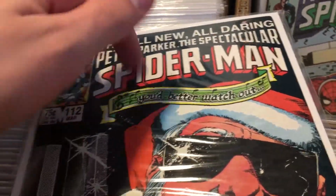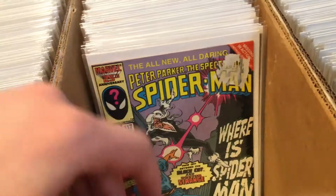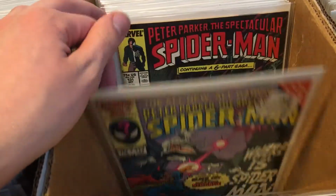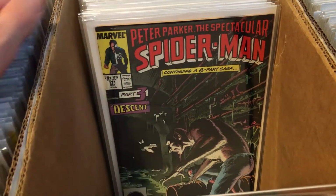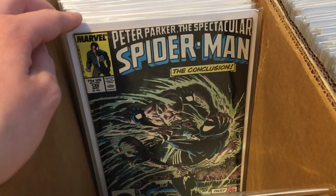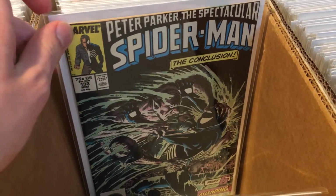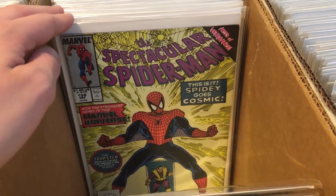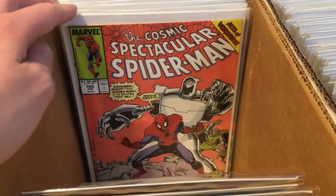112. So I have these for having changed their bags. Most issues I have, but this I have had in the same bag for like 2 years now, so it's kind of weighty. 114, that's a cover. 117, and 131, part 3 of Kraven's Last Hunt, which is one of my favorite Spider-Man stories of all time. And then part 6, the conclusion of Kraven's Last Hunt, where Peter takes down Vermin. An awesome issue. 158, Cosmic Spider-Man. 159, cool cover. 160,